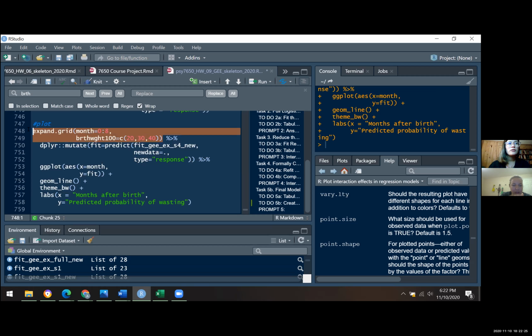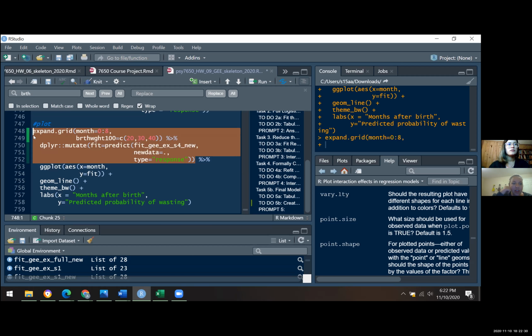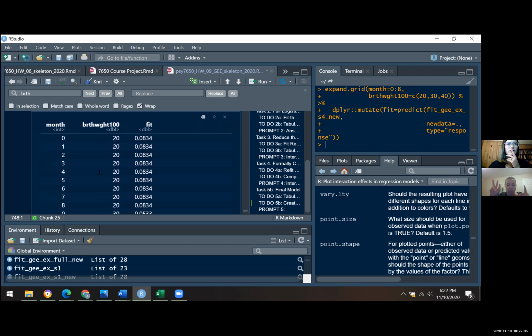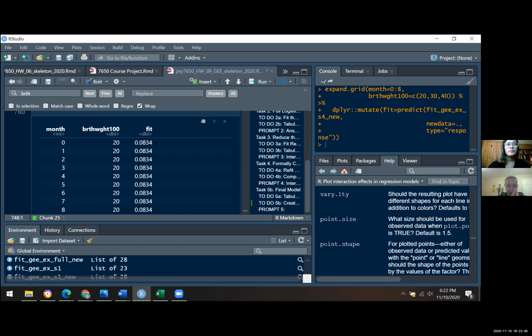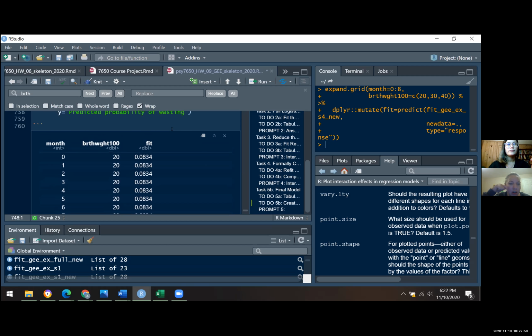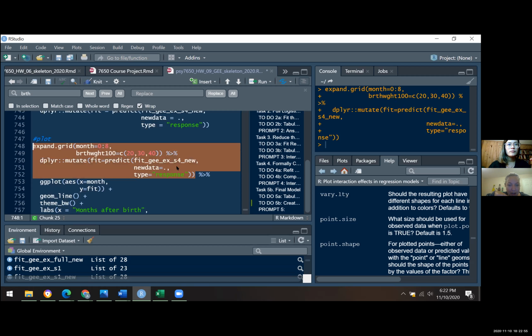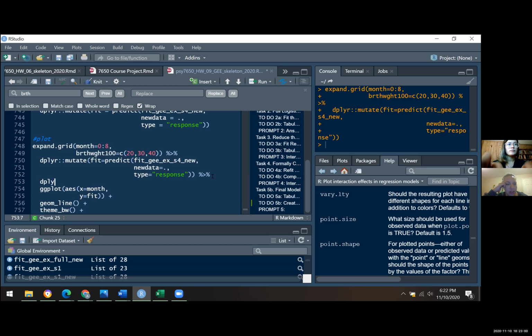So nope, the next step 2. Okay. Yeah. So for each month, for each of those weights, we have a predicted probability, but birth weight we need to make that a factor first. So that's the intermediate step we need to do. Right there, they're both numbers, an integer and a DBL number value. So go back into your code, and after the highlighted part, but before the ggplot, add a step in there. Do dplyr double colon